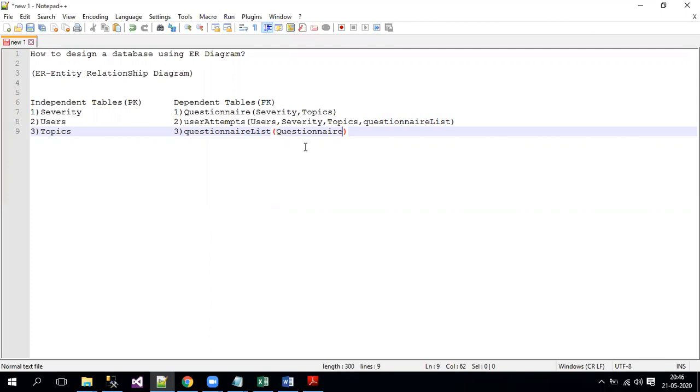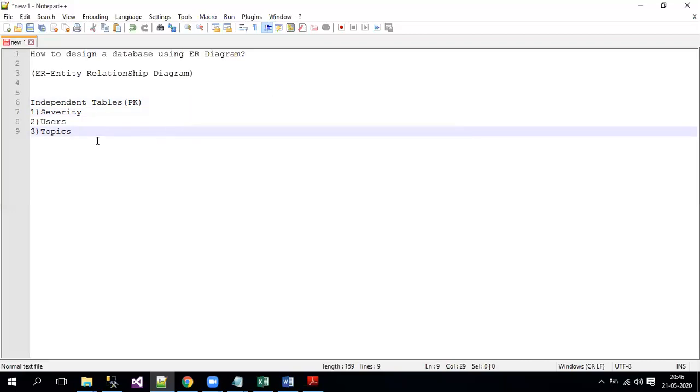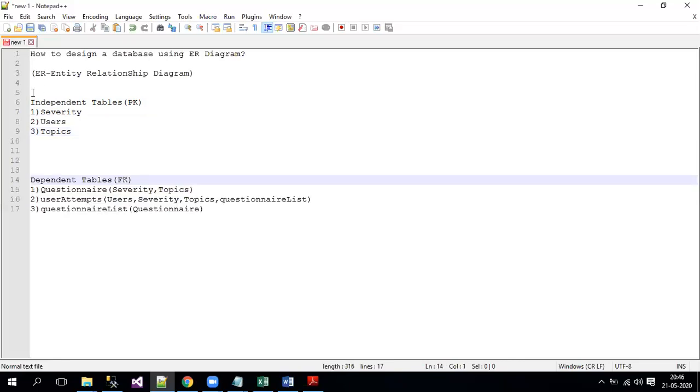Now which tables have to be created first? Always, you can blindly go and create independent tables first. Then you have to check, after the independent tables, which tables we have to create first. Because again there are some key points which you need to remember when you are creating dependent tables. What I will do is simply copy the entire thing into the next row. I'll mention that the tables have been created, which means independent tables have been created.